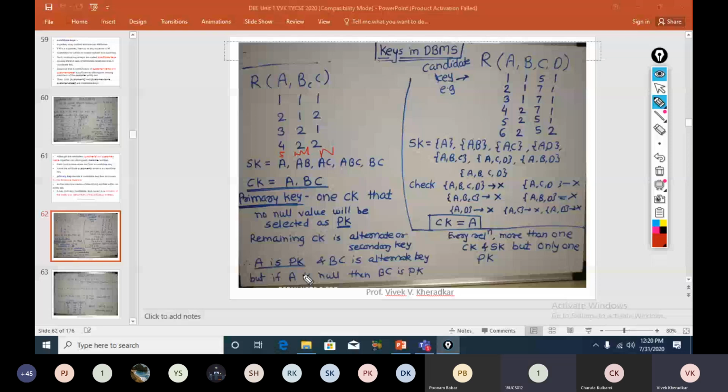But suppose another row with null and there is value 6 and null. Then what is the primary key? If the row 5 is not available, only null, 6, null. Then what is your primary key? Yes, A. Still A is the primary key. Yes, sir, because we have A as a null value and in BC there is something in B. A primary key does not have a null value.